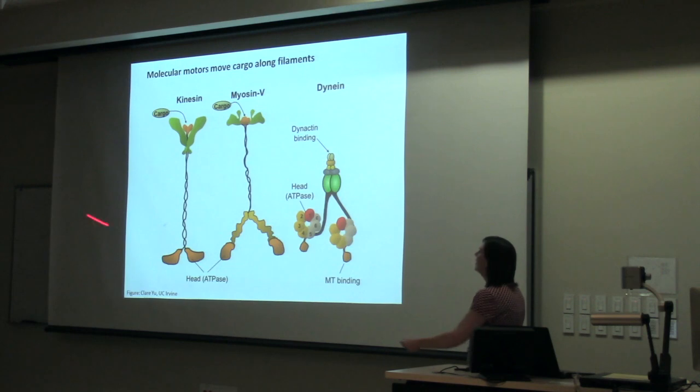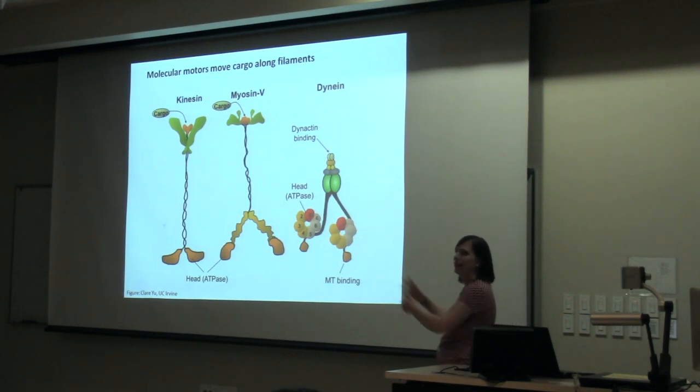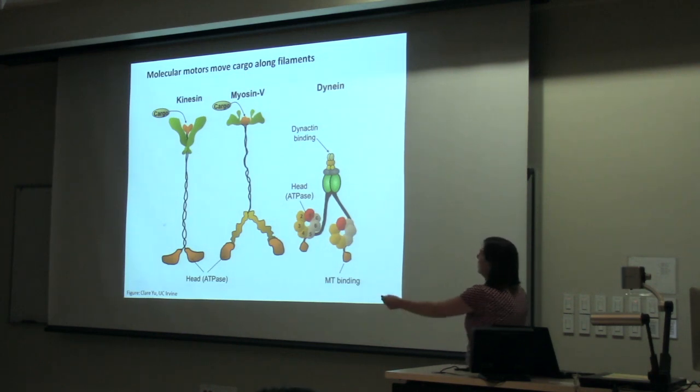So this is a schematic of a few of the different types of molecular motors that serve as sort of the cargo trucks for transporting materials through a cell. So this one, called kinesin, moves cargoes toward the plus end of microtubules. And this other molecule called dynein also interacts with microtubules, but it moves toward the opposite end, what's known as